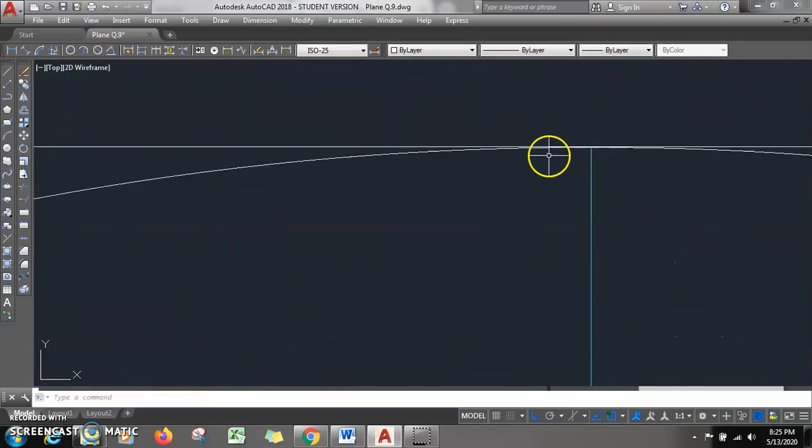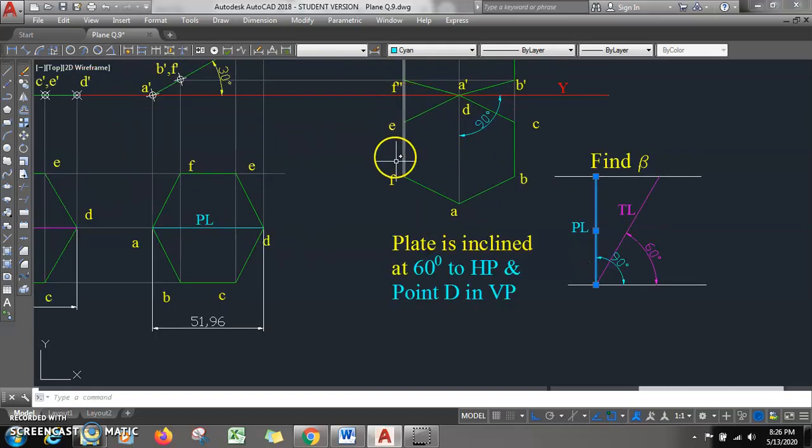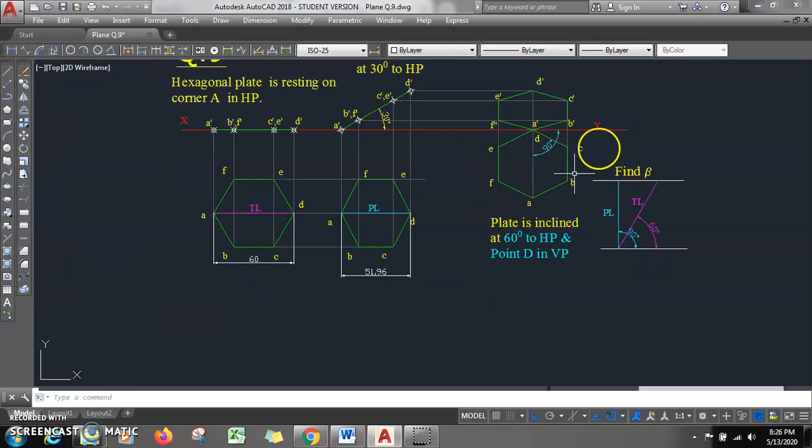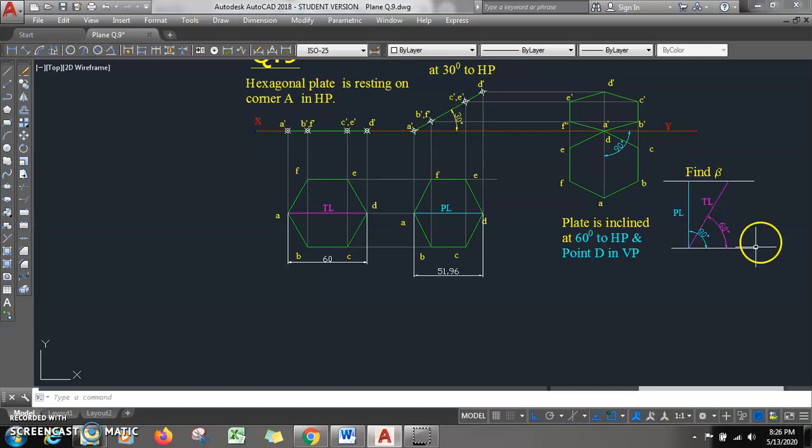You see this circle is tangential to this, okay. So it means that beta, how much is it coming? 5 or 60 degree, beta is found to be 90 degree. So here you see we have rotated the object by what angle? By 90 degree, okay, and point D is in VP. Is it making sense, okay. So by this logic I have drawn this thing here, and to